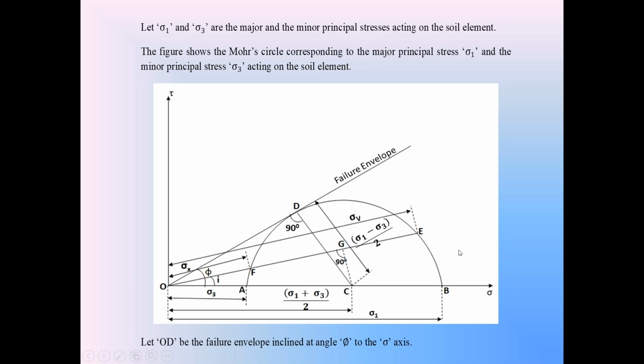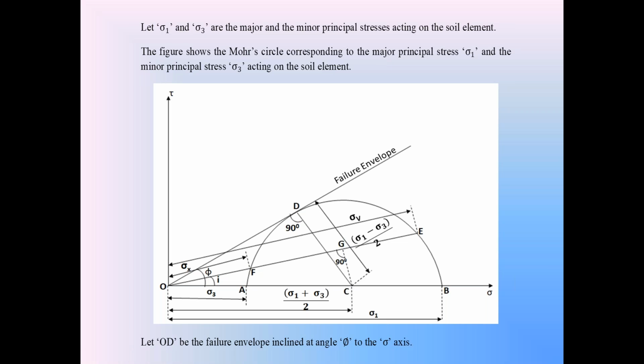So coming to the calculation in this Mohr stress circle, we are going to prepare the equation for the active earth pressure OF in the inclined surface of the backfill. First we calculate this length OC in the diagram. OC is equal to (sigma 1 plus sigma 3) by 2. Take the right angle triangle OCD. In this triangle, the length OC is equal to (sigma 1 plus sigma 3) by 2. The length CD is the radius, equal to (sigma 1 minus sigma 3) by 2.